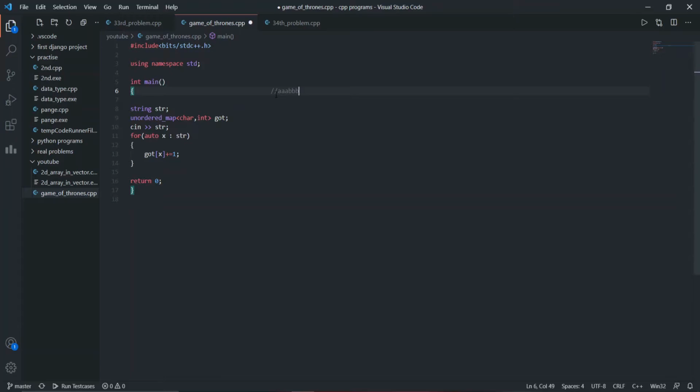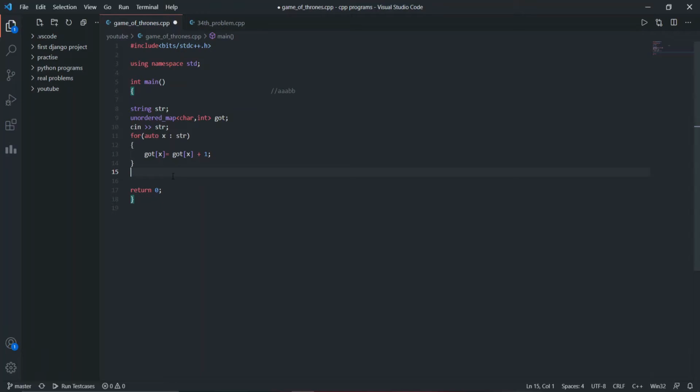And next time when the index will be 1, it will try to push this value into the hash map. But the problem is here, there can't be two keys in the hash map. There can be two same values, but there can't be two keys. So what I am doing, I am incrementing the occurrence of alphabet A with 1. If you're getting confused with this plus is equal to one thing, we can simply type here got x. This is what it means.